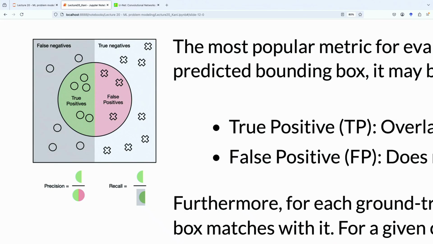So in order to discriminate between that, we want to know how many of the objects that we retrieve are the actual objects we want. That's what's called precision. Okay? How many of the objects that the model outputs are actually objects that we want? That's the precision of the model.